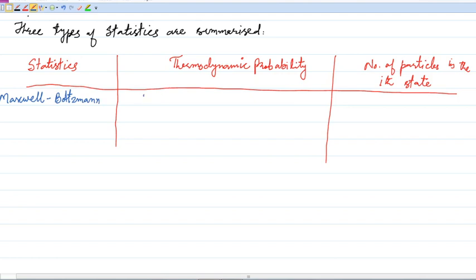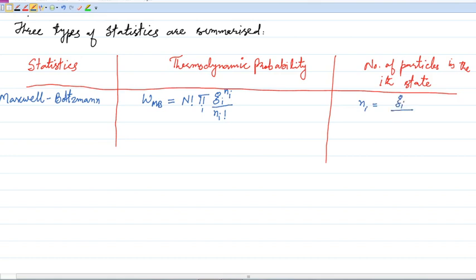Here the thermodynamic probability, which we represent by WMB, is equal to, we have already derived this, so we will summarize here, factorial, product of Gi to the power Ni upon Ni factorial, and the number of particles in the ith state will be equal to